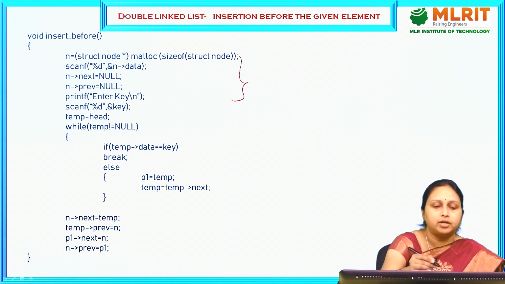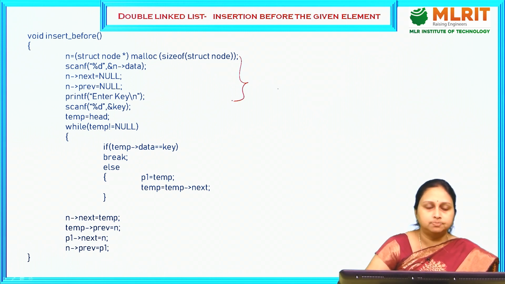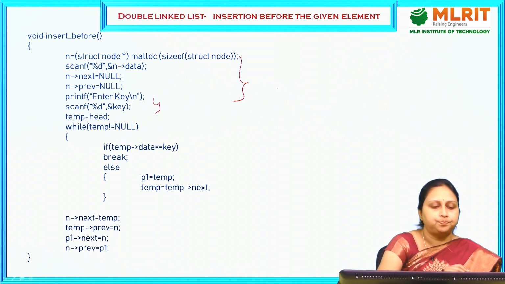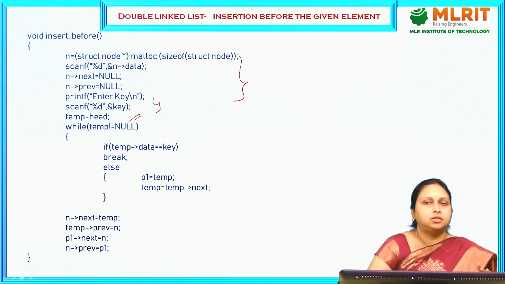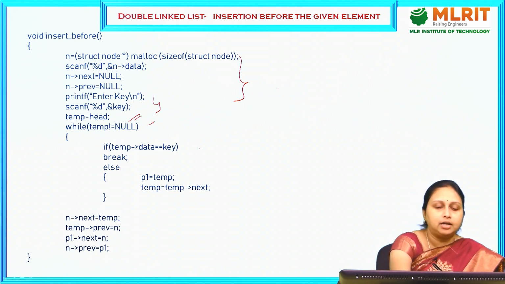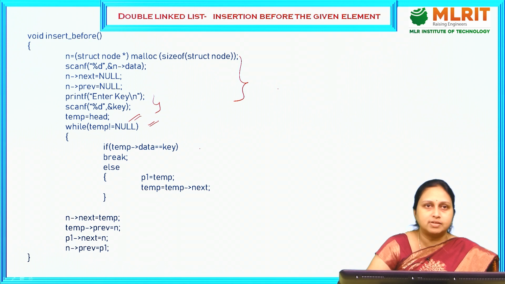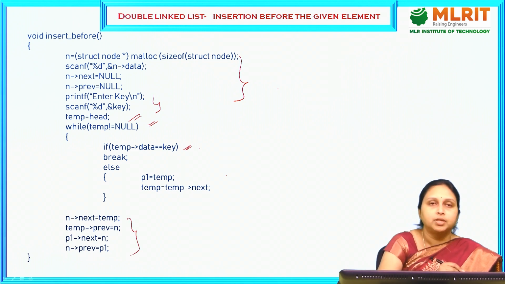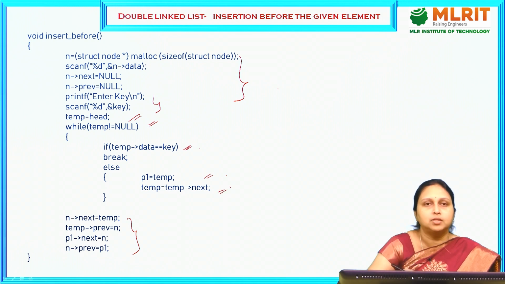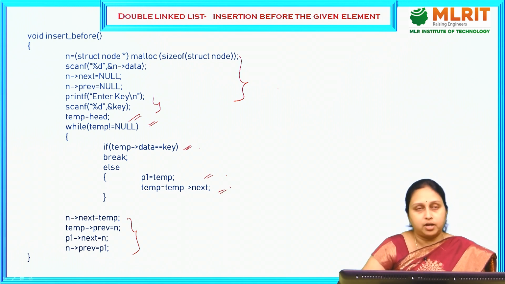This is where you allocate the memory dynamically, read the key value, and set temp equal to head, which will be moving between the head and last, and until temp is not equal to null we are going to traverse through the list. If temp data equals the key value, then we come out of the loop and make the connections. If not, then we assign temp to P1 and temp moves to the next location. This is where we insert a new node before the given element. These are the 4